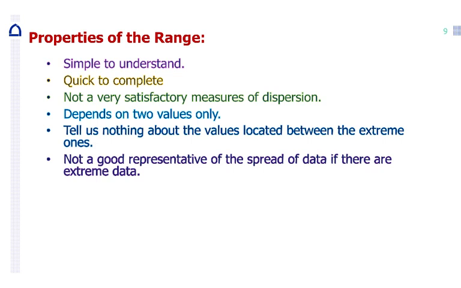Okay, so in summary, the range, which is the biggest data point minus the smallest data point, has some advantages. It's simple, it's quick to calculate. However, we do not use it that often because it only depends on the smallest and the biggest data point. It tells us nothing about the rest of the data points, and therefore it's not very accurate if there is extreme data. So the next slides we're going to go through are the other measures of spread, one of which